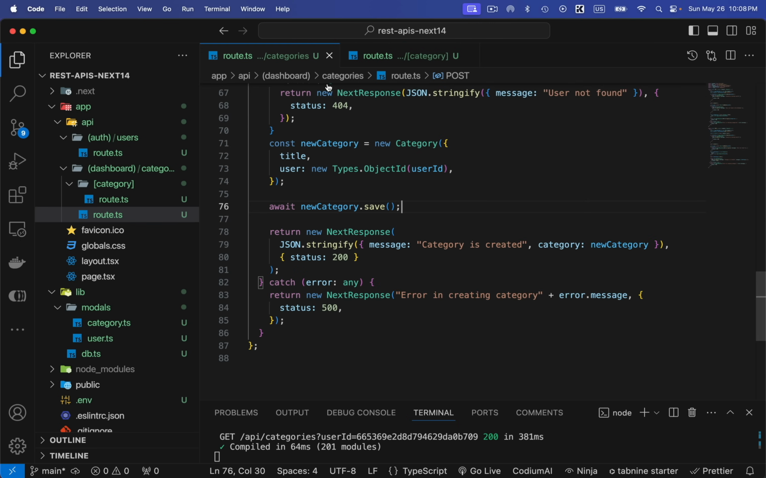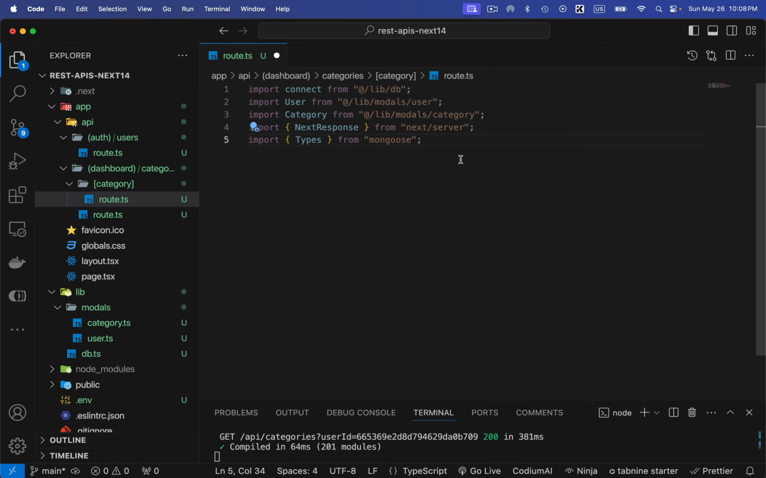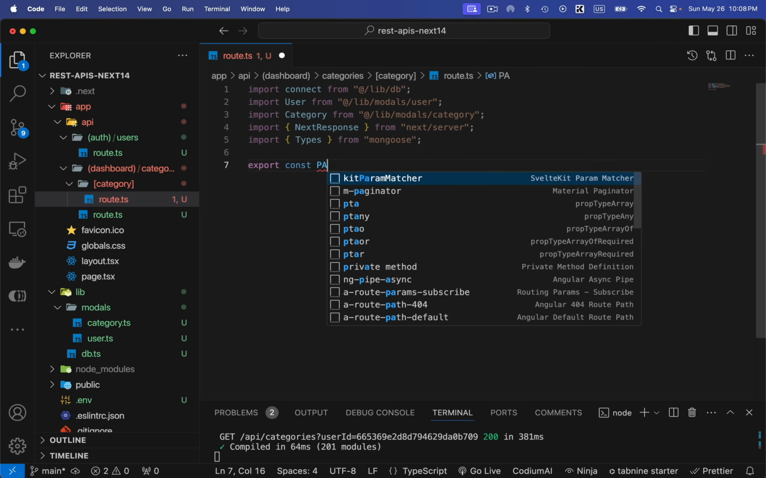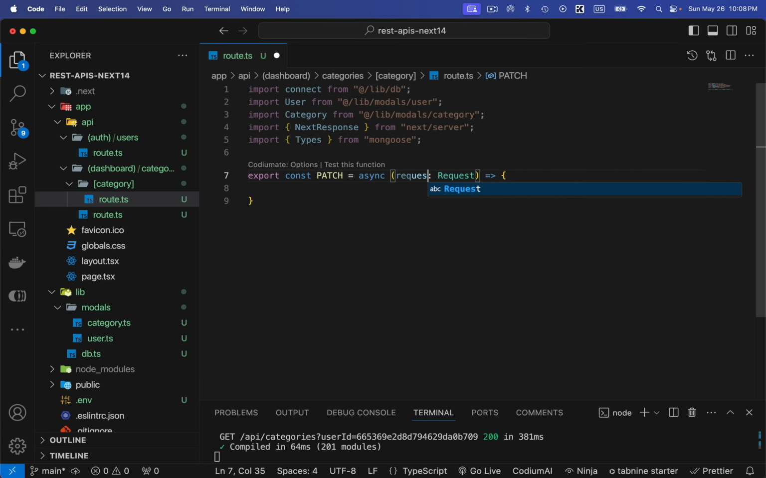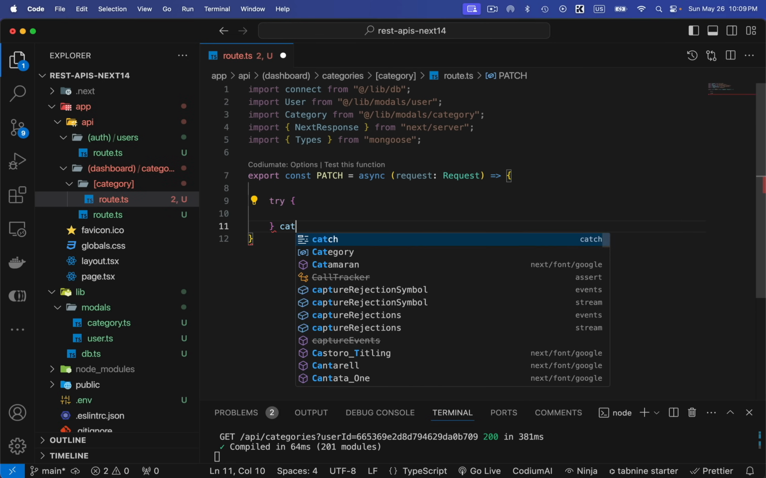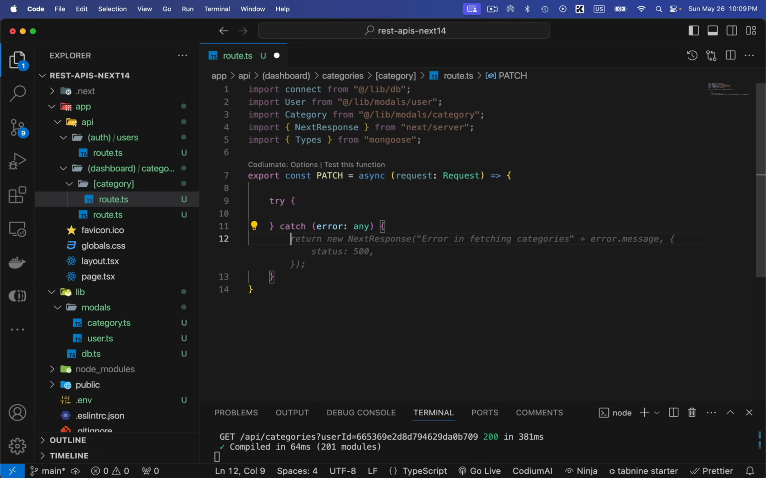So first of all, let's import the required packages. I'm simply going to copy these things from the previous file and add them over here. And now let's write export const patch equals to async request arrow, and like this. Let me change it to request completely, and inside it, as always, it's a good practice to write error blocks. Okay, and error in updating